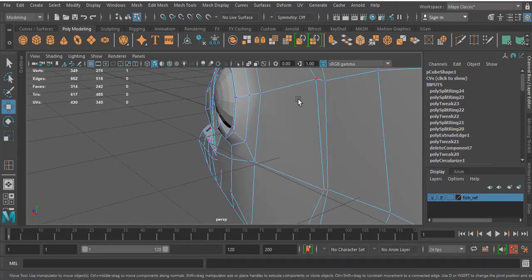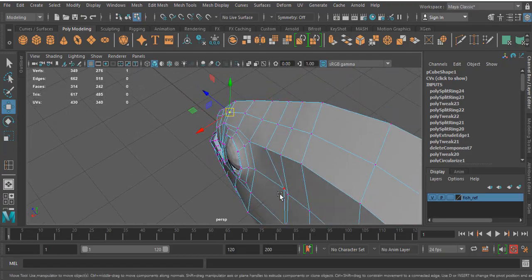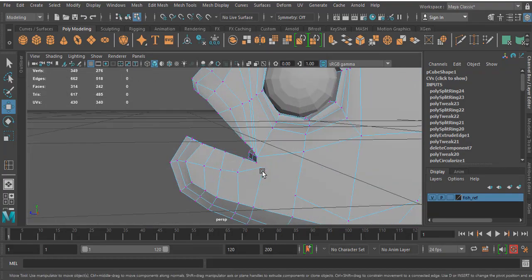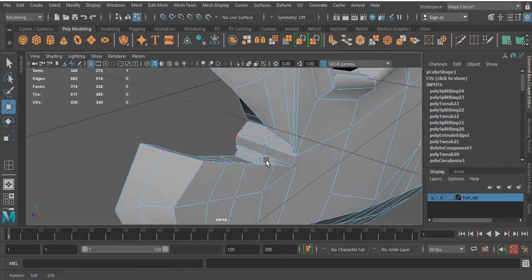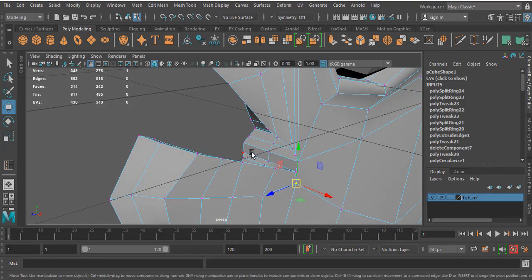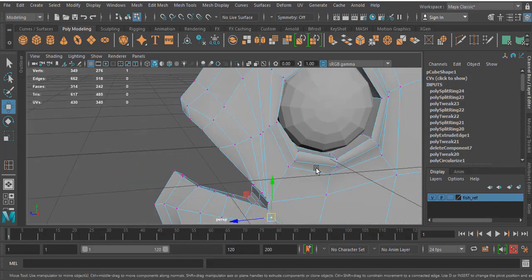So I want to extrude and move out from this place. So what I will do, there is a triangle on the inside area over here. You can see this, right?